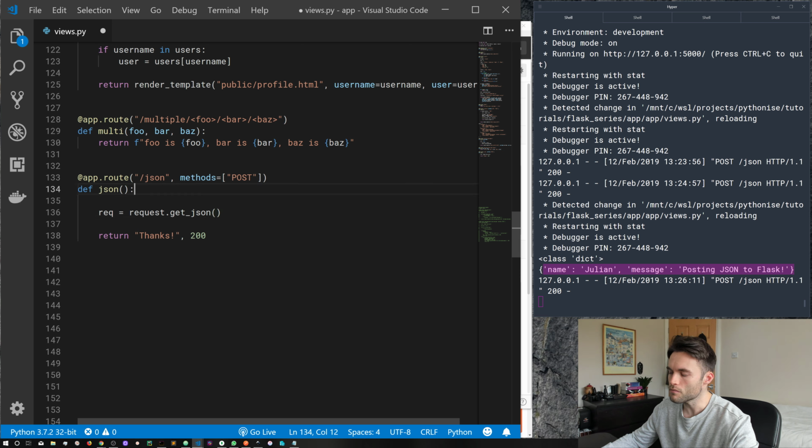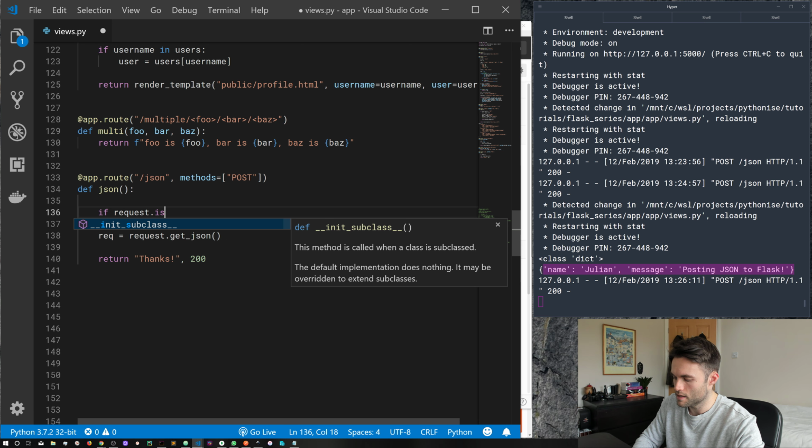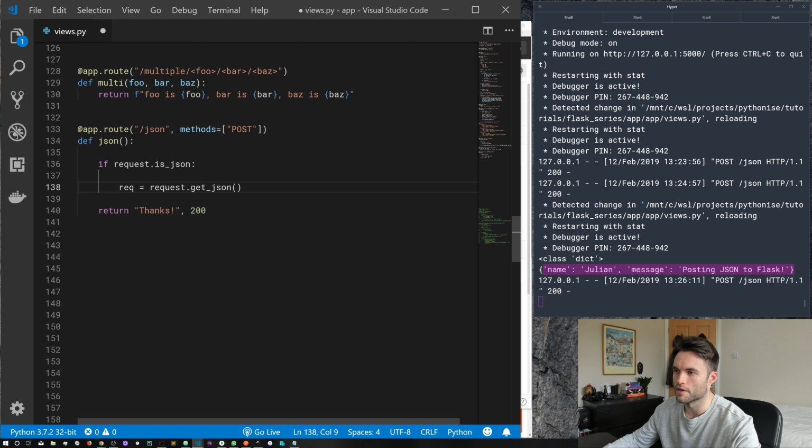Well, we can actually validate if the incoming request contains some JSON. So we'll do the following: if request.is_json colon, then we want to go ahead and convert our JSON into a Python dictionary, and then we'll indent this return as well. And I'm just going to say JSON